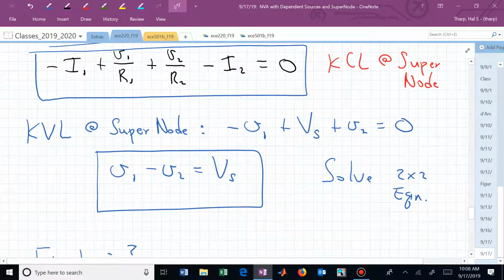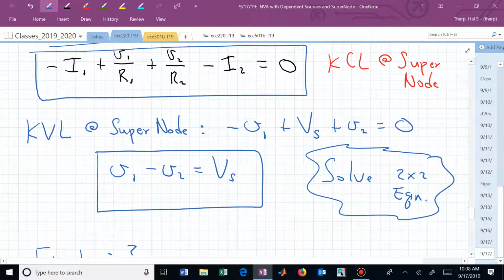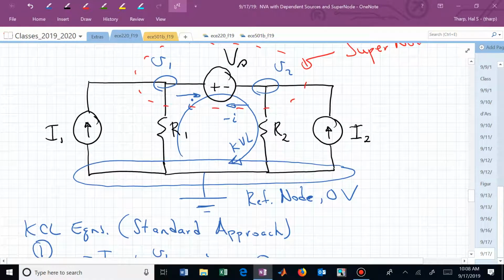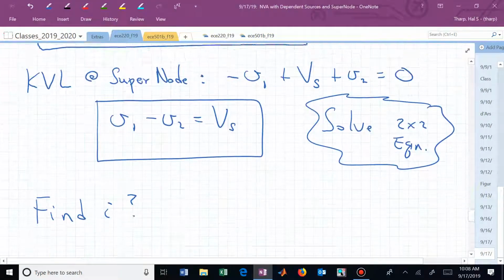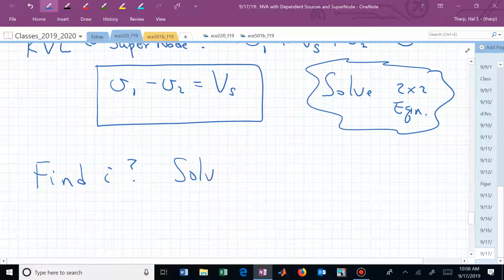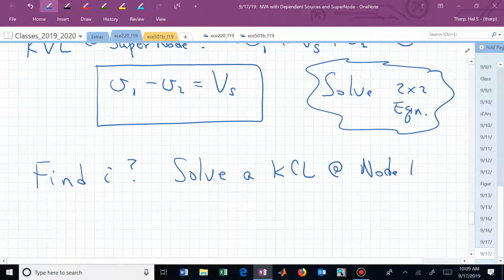If you've solved those two equations in two unknowns, do you see that you could simply apply KCL at node 1 or node 2 and I is going to be determined? Because we now know I sub 1, we know V sub 1, we know two of the three currents at node 1. The only unknown current is I, and we can solve for it. We can now solve a KCL at node 1 or node 2